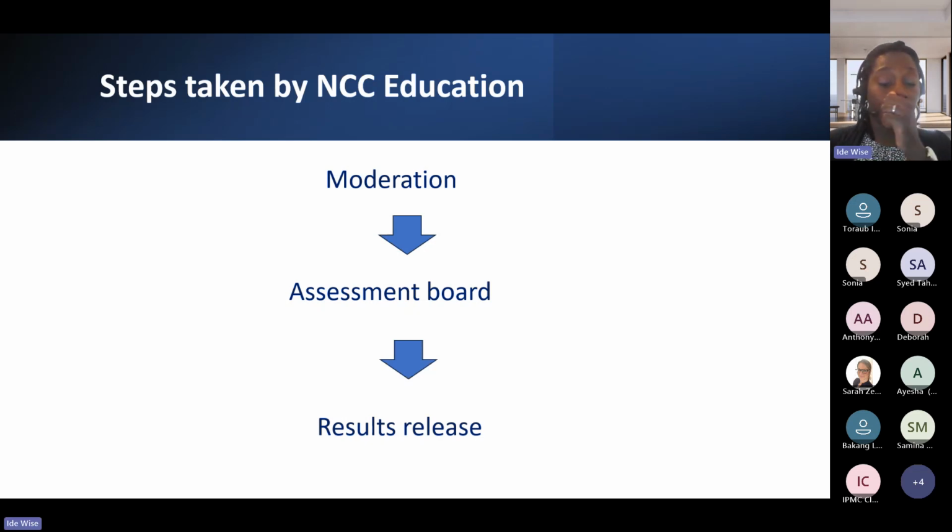We will then have our assessment board once the moderation is finished, where we sign off on everybody's results. And then there will be results released, as you know, a few days before, you're going to get an email to tell you it's coming up. Please check all these details are correct. Again, please do take note of that, and any actions that are needed, please do them. And then on the day of results release, you'll be informed that the results are ready for you to have a look at on Quartz Web.